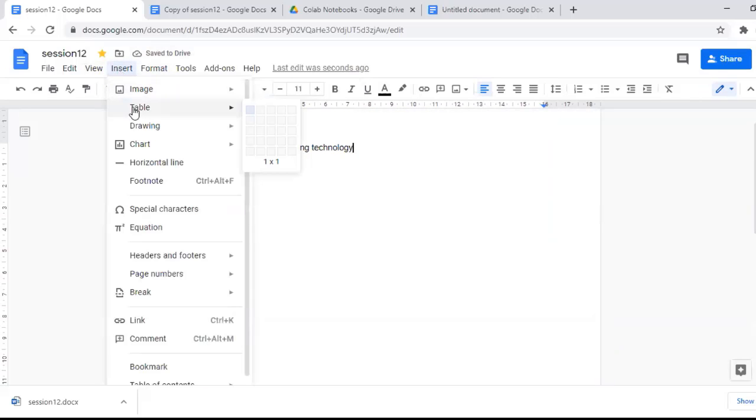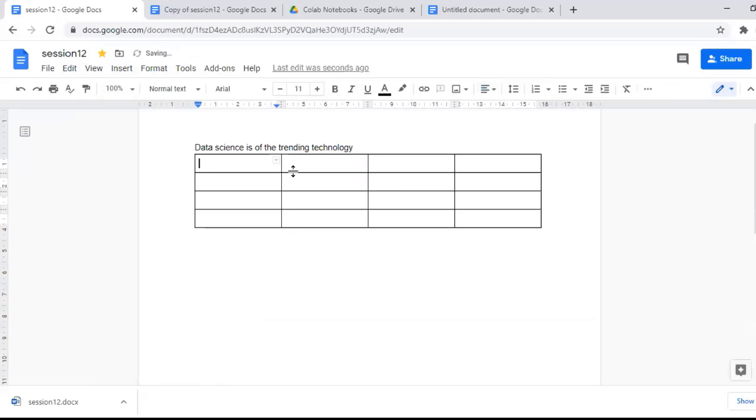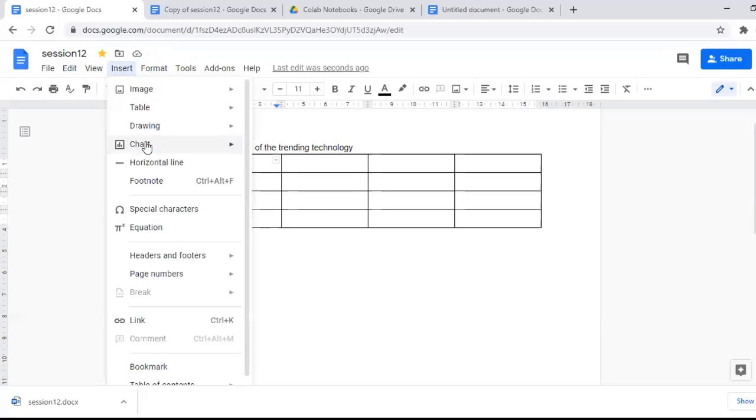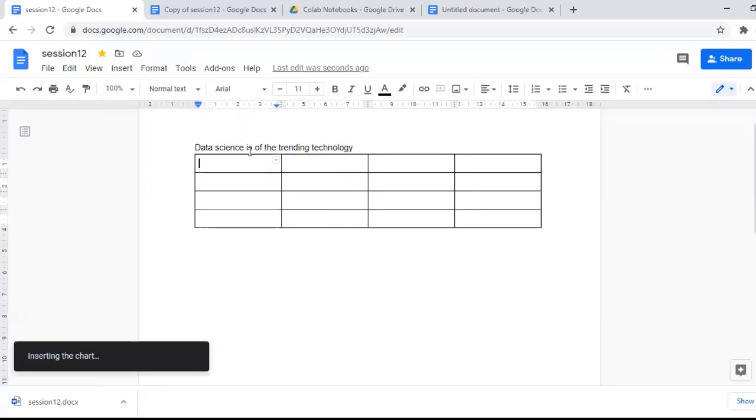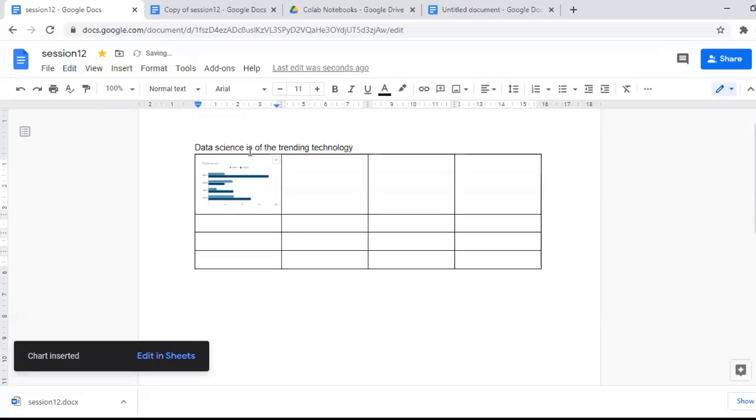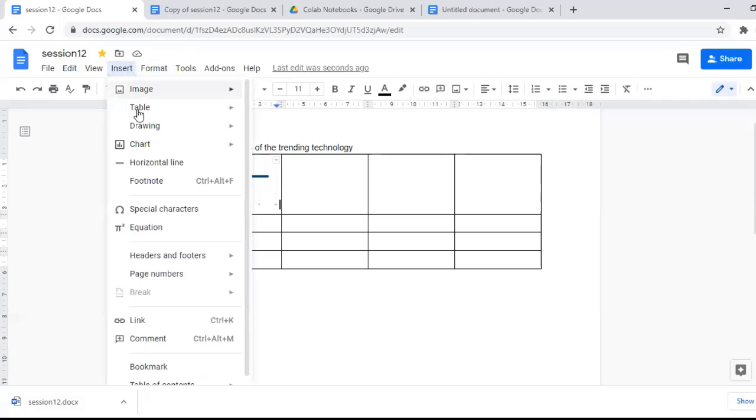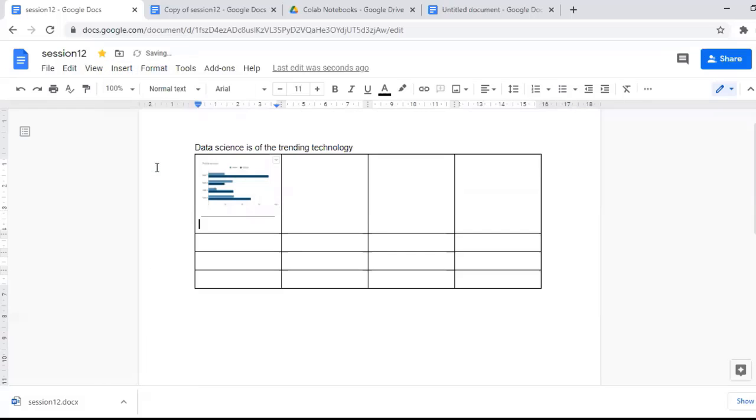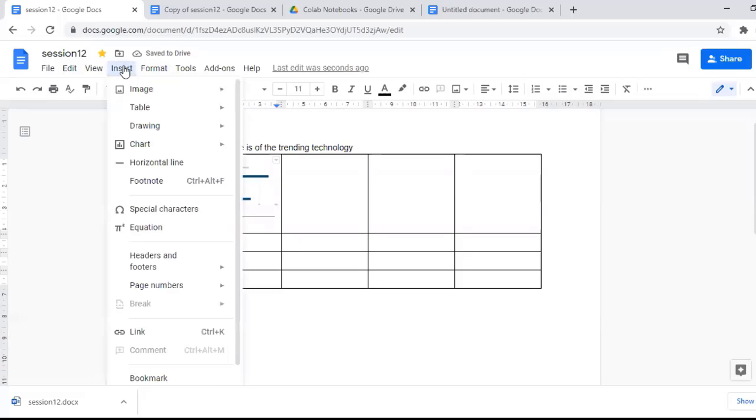And if you want to insert a table, you can insert it. You can select, see, the table has been inserted. And if you want to select a chart, see, bar chart, I was inserting a chart. You can see the chart here. And if you want to insert a horizontal line, you can insert the horizontal line.